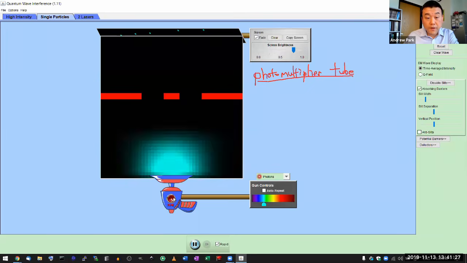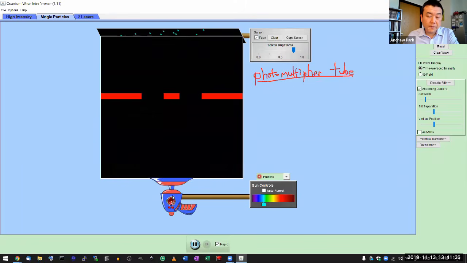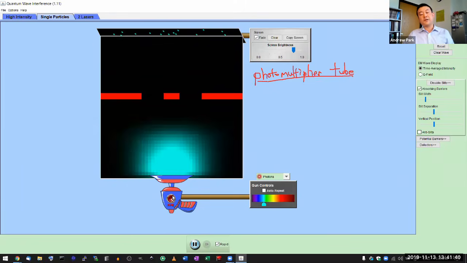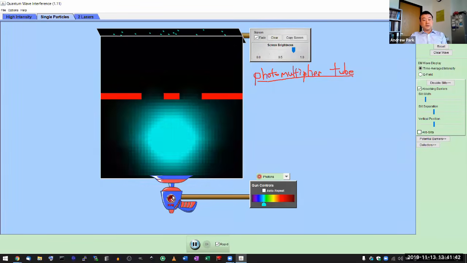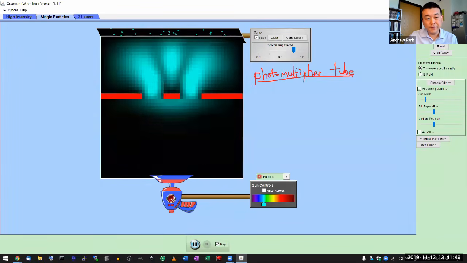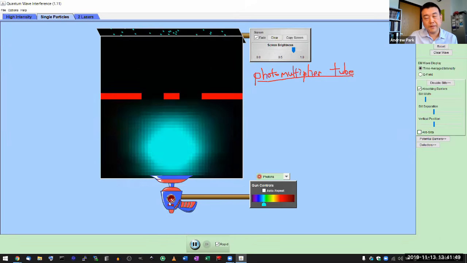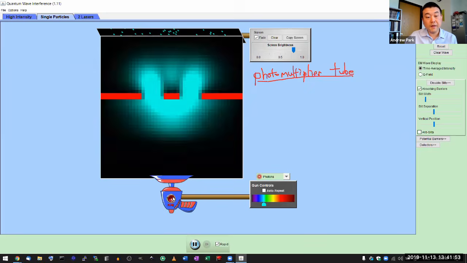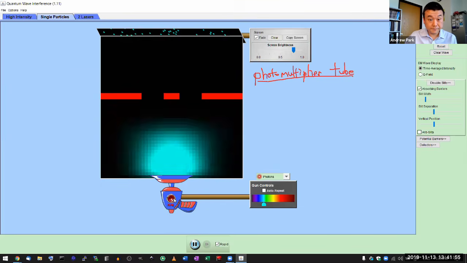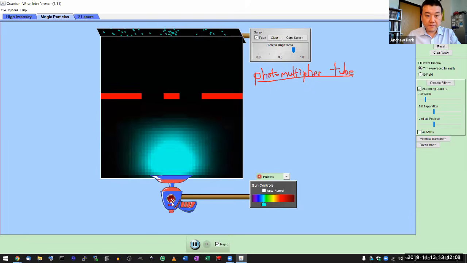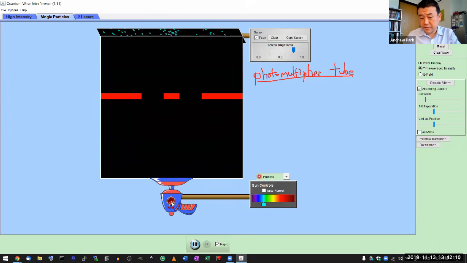When you continue to fire it and you build up a statistically significant sample size, I want to point out what you will see. 1, 2, 3, 4. Okay, I think maybe I can do this 20-ish more times and the pattern I'm looking for will become visible. Do you see a pattern yet? Yes, no, maybe. I think that's good enough. You might be beginning to see the pattern.